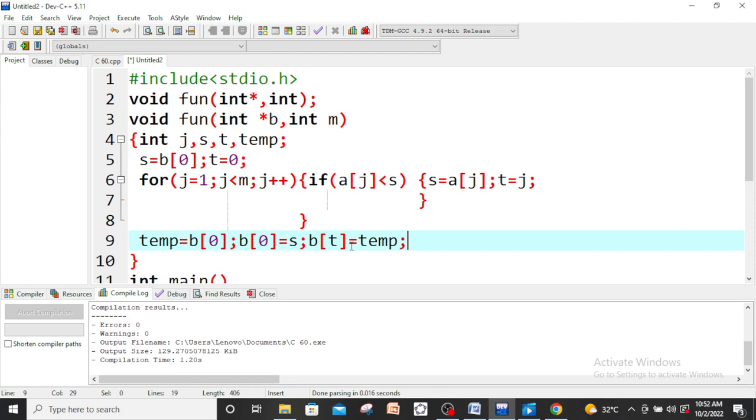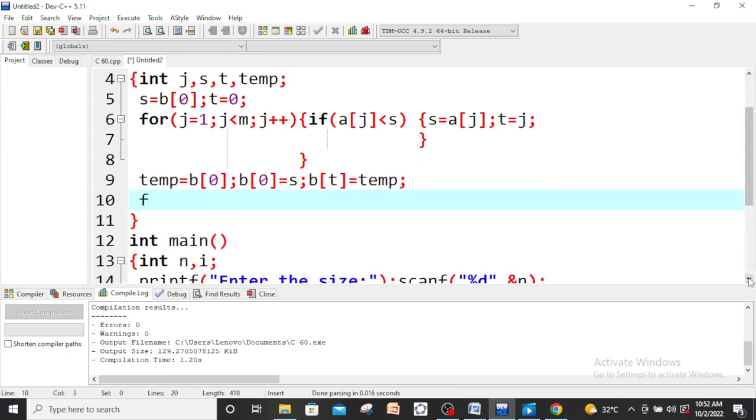So for that we again call the function fun, but this calling will be under a condition. Whenever you use a recursion, there will be a base condition to terminate the recursion. So here m must be greater than or equal to 2,